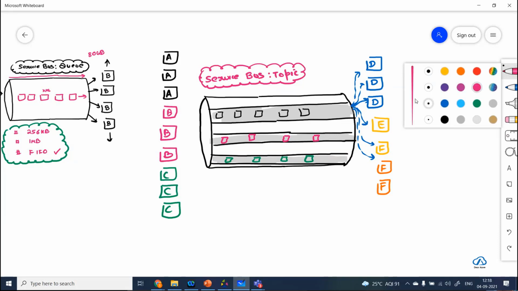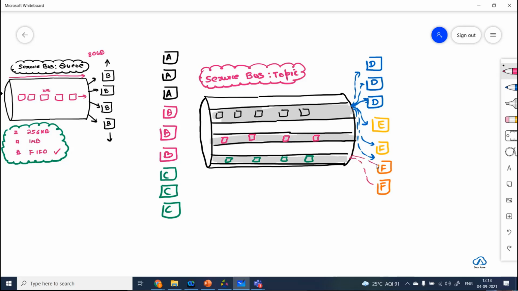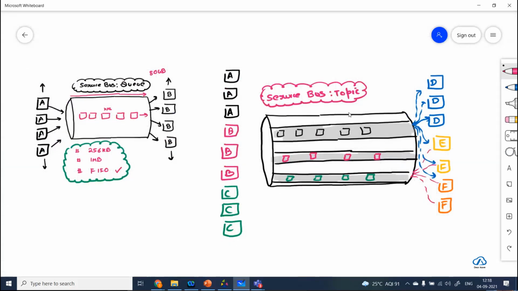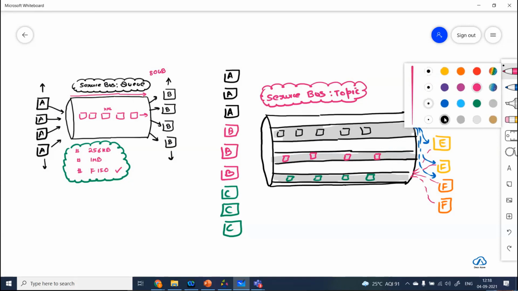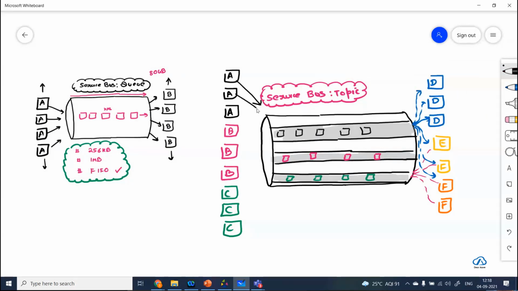You don't delete when you read. You just put a read log and then don't delete, let someone else also read. So now different people can subscribe to different messages based on the requirement. So this enterprise service bus, if this is your requirement, where you want more than one delivery, where you want multiple applications to be using that central message passing mechanism, this is when service bus topic is used,